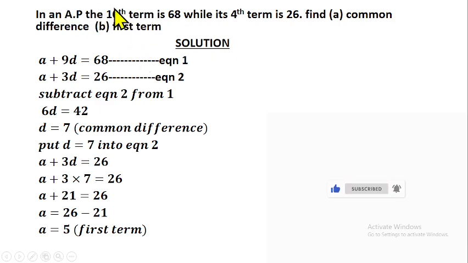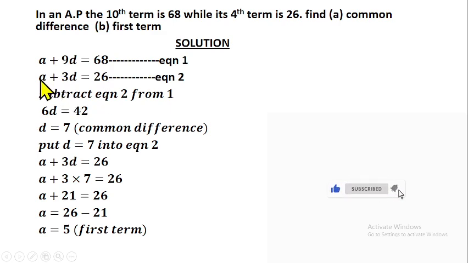It's very simple. You ask yourself, what is the 10th term of an AP? A plus 9D. And we are told that it is equal to 68. You will call it equation 1. The fourth term of that same AP, that is A plus 3D equals 26, equation 2. So you can solve these two equations simultaneously to find our A and our D. We have to find the common difference, which is our D, and the first term, which is our A. Like we did earlier, we can subtract equation 1 from equation 2, or equation 2 from equation 1, whichever you can do best.